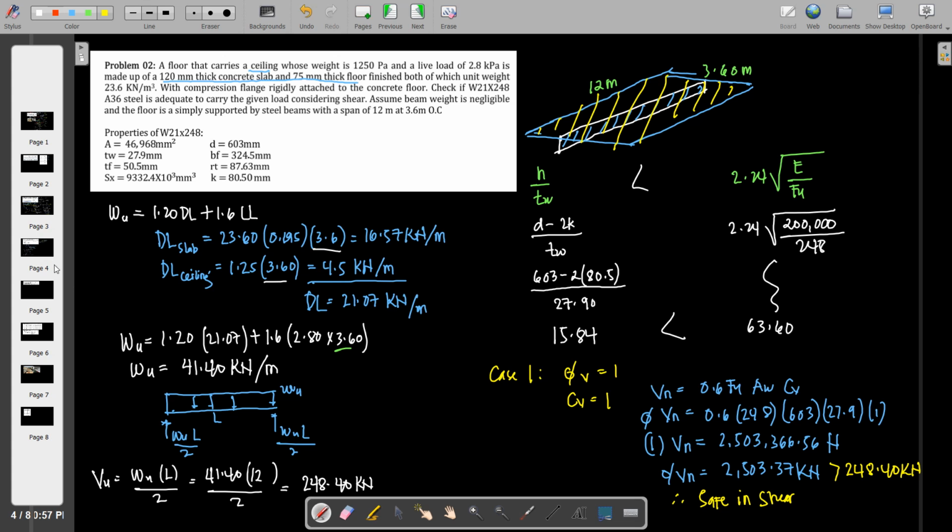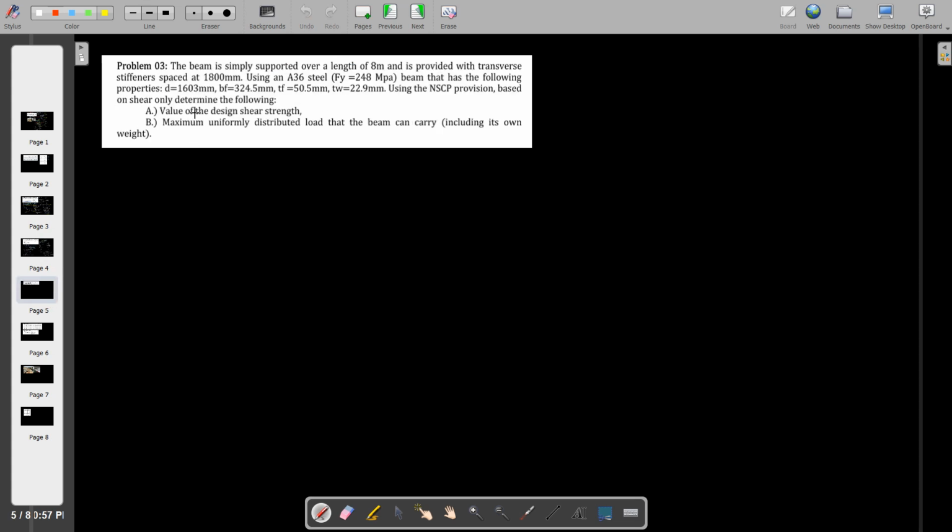So moving on to the next problem, we have the third one. Again, this is FY248. So it is mentioned that the length is provided with transverse space at 1/8. So therefore, pag may ganyan, you just have to denote that spacing as transverse spacing, stiffen your members, that is equal to 1/800 millimeters, or this is equal to 1.8 meters. Okay,